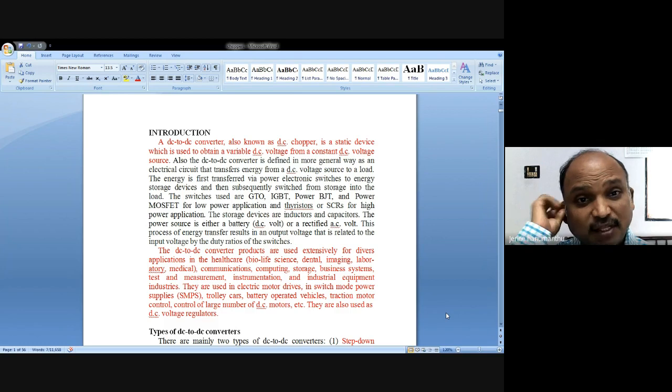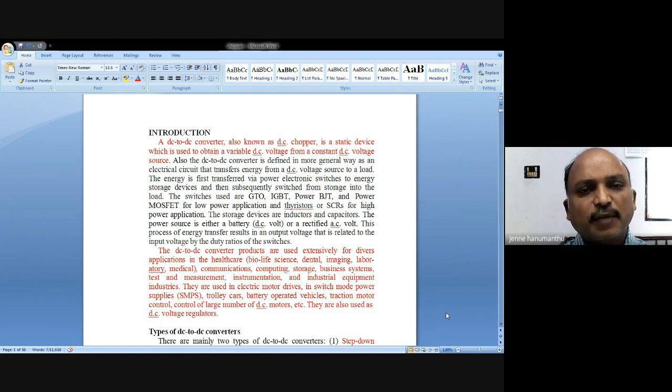But in the place of an inverter, to create a chopper, the chopper's input is DC, but output is also DC. So for an inverter, input is DC, output is AC. For a chopper, input is DC, output is also DC.